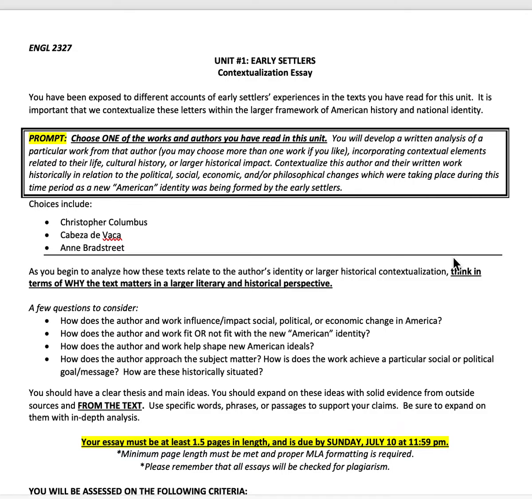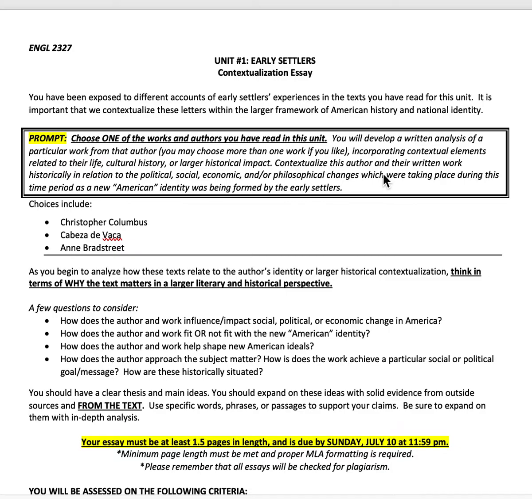For example, if you look at Columbus, your primary analysis should be over the letters themselves. What is the repeated use of "I," for example? How does that syntax show the audience something specific? Or the imagery that is used in De Vaca, or in Bradstreet, her rhyme scheme, or whatever it might be. Then secondarily, think about how Columbus's own experiences as an explorer being funded by Ferdinand and Isabella informed the text. He's clearly writing back to Ferdinand and Isabella, trying to get something, right? So why is he describing things with certain images? Or why does he use certain language about the native people?